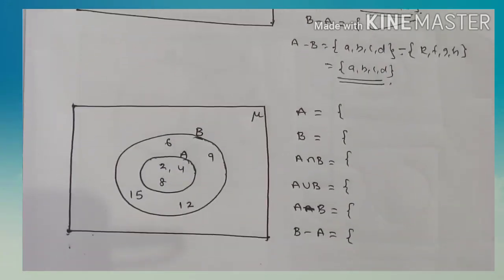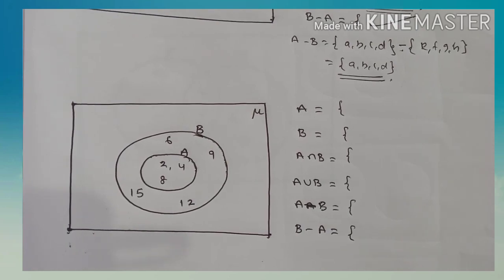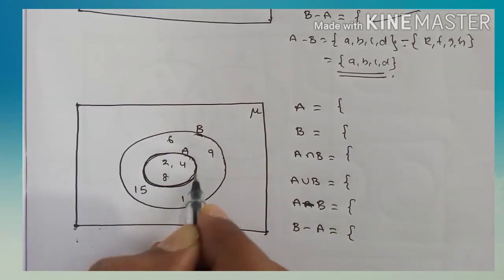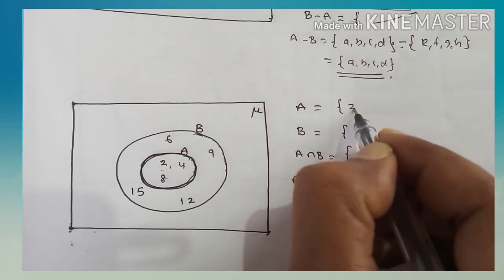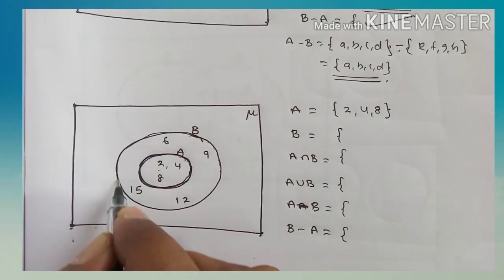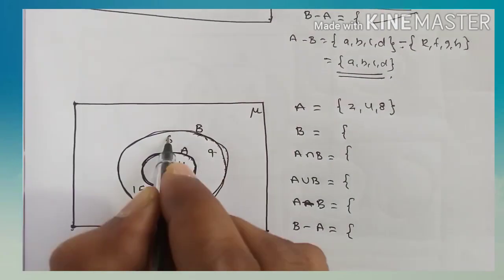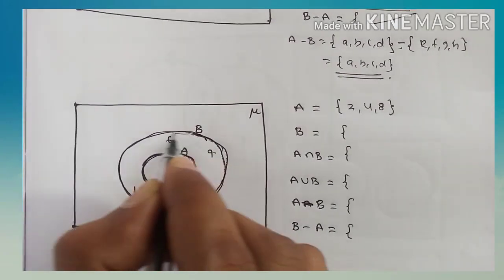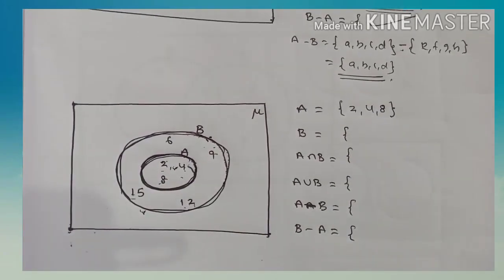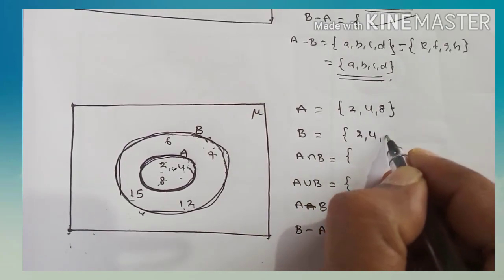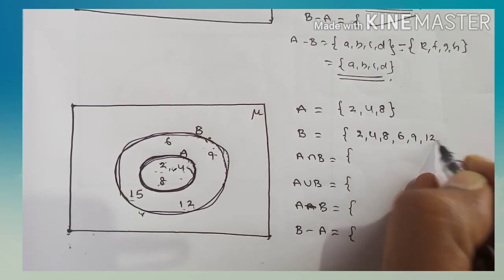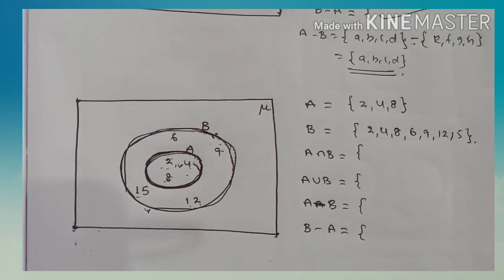Right? Now the last type of diagram, subset, the third type. What is the set A? This is the set A, which is the smaller part, which contains only 3 elements: 2, 4, 8. In set B, these are all the elements, not only these 4 elements, the remaining 3. A is inside of B, so these elements also belong to B. So 2, 4, 8 and the remaining values, what are those? 6, 9, 12, 15. Write them in order.